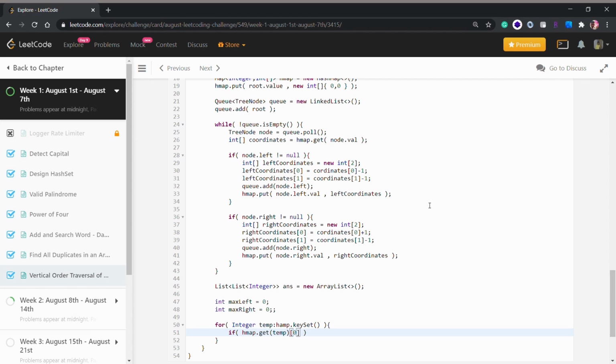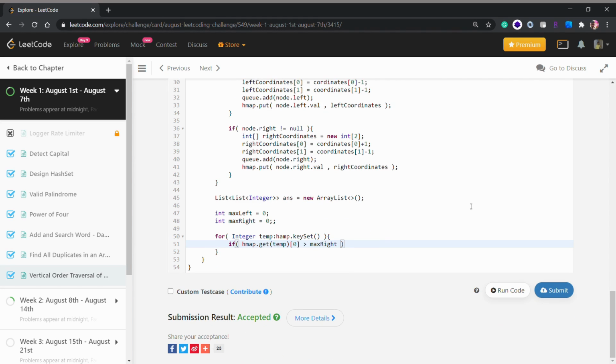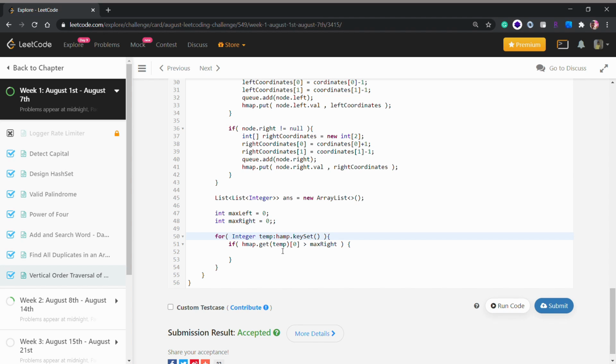So what we are doing is we are just comparing our values of max right and max left with the x coordinates of all the elements in our hash map. Sorry for that, I don't know what's this. Temp will be our key, and 0 will be our x coordinate, and we will compare it with